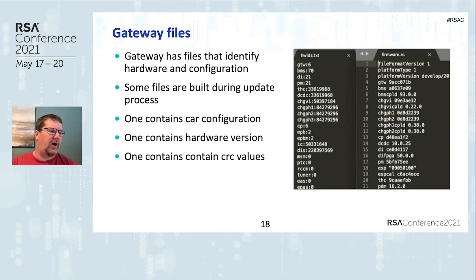So we have a hardware ID and then a revision number. And this firmware RC file was the one that actually got messed up during my Ludicrous upgrade process. I had to manually rebuild that for the BMS value. So when the BMS firmware changed, its CRC value changed. I had to recalculate the CRC, upload that to the gateway, and then wake the car back up.